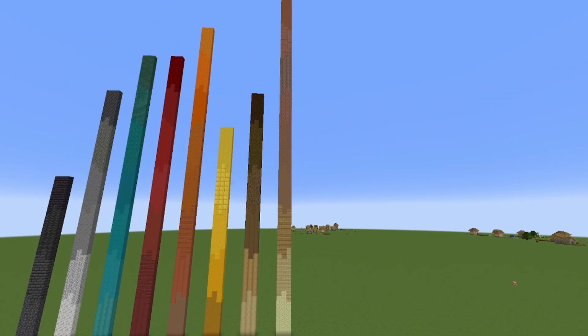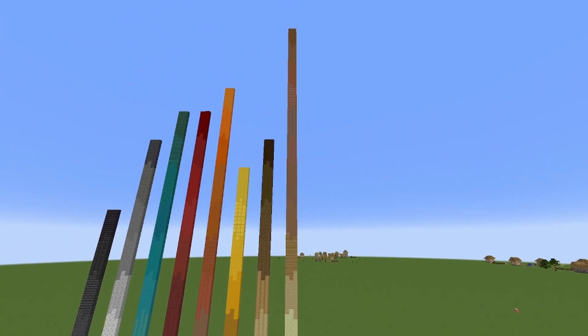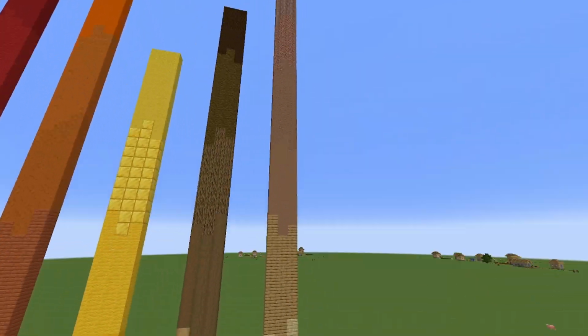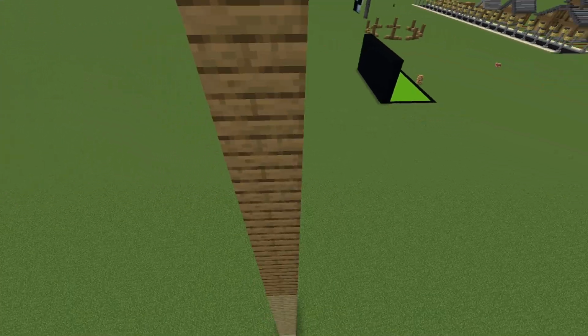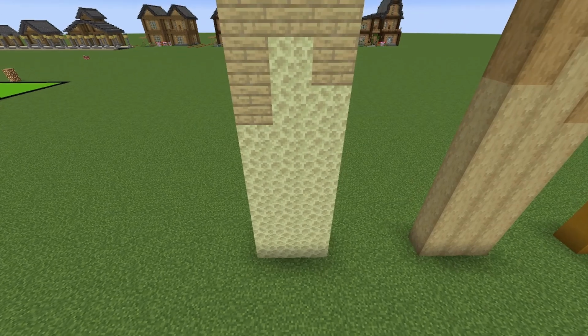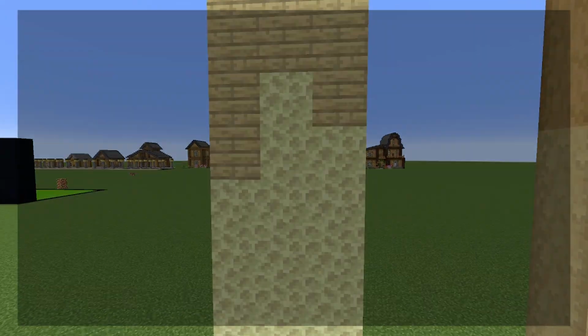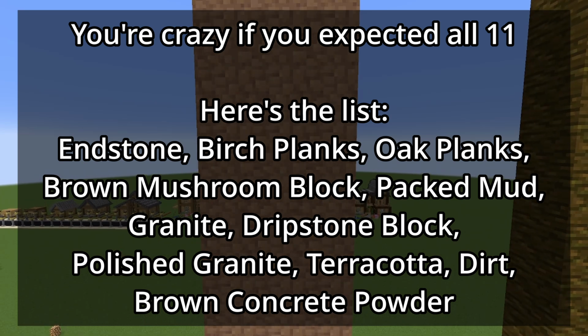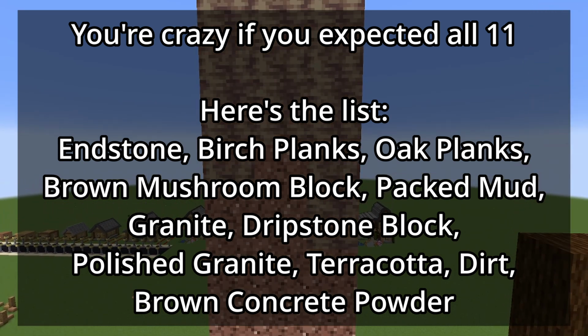Finally, we're going to move into the last absolutely massive pillar, and this is just entirely brown. So this may or may not be useful for terraforming, or just if you want a black or a brown build. To start with, you're going to start with your light brown, so you're going to start with end stone, then you're going to move into birch planks, and then oak planks, and then you're going to go back